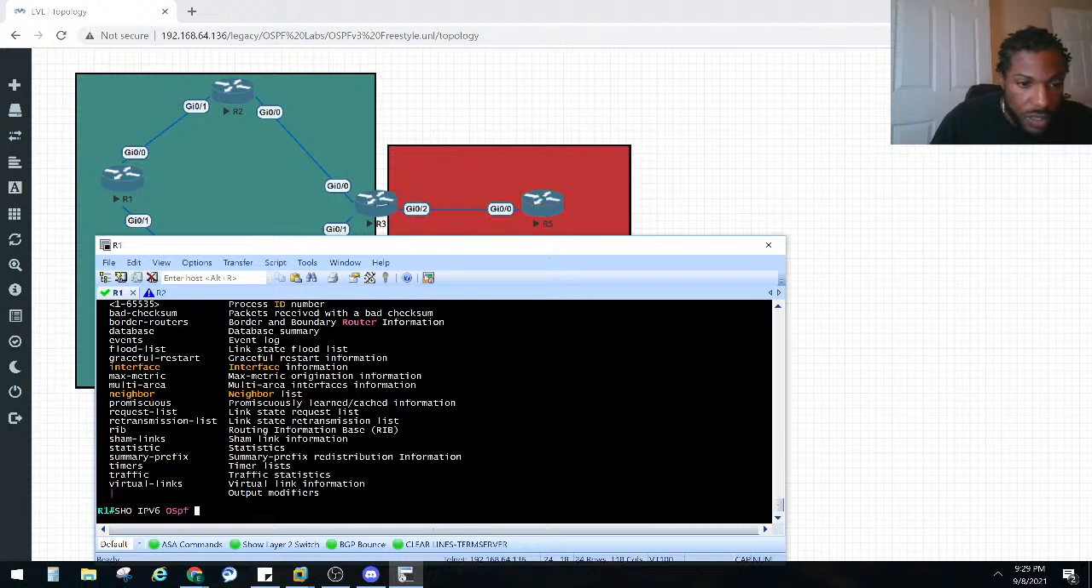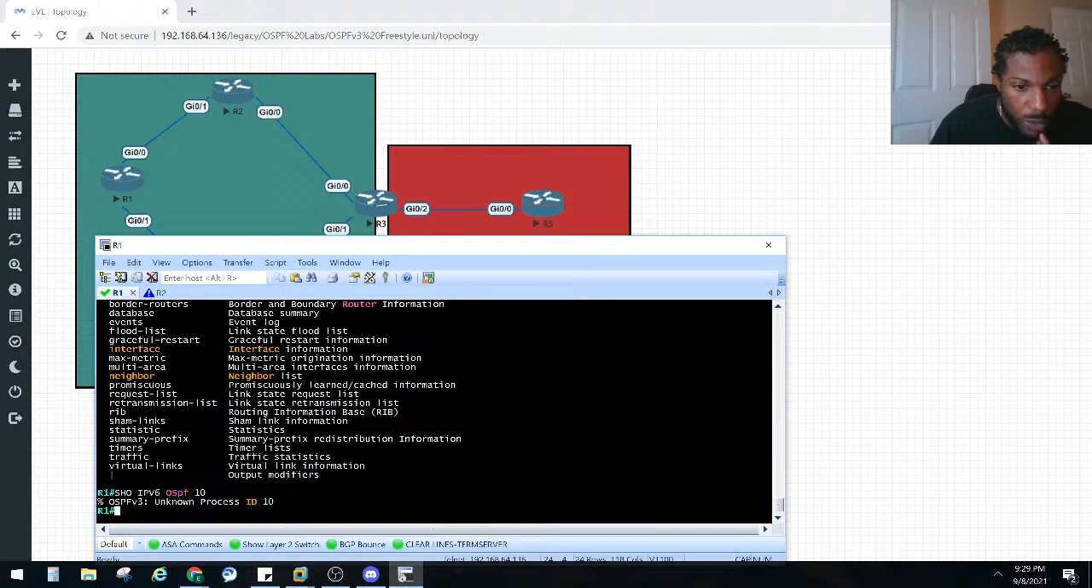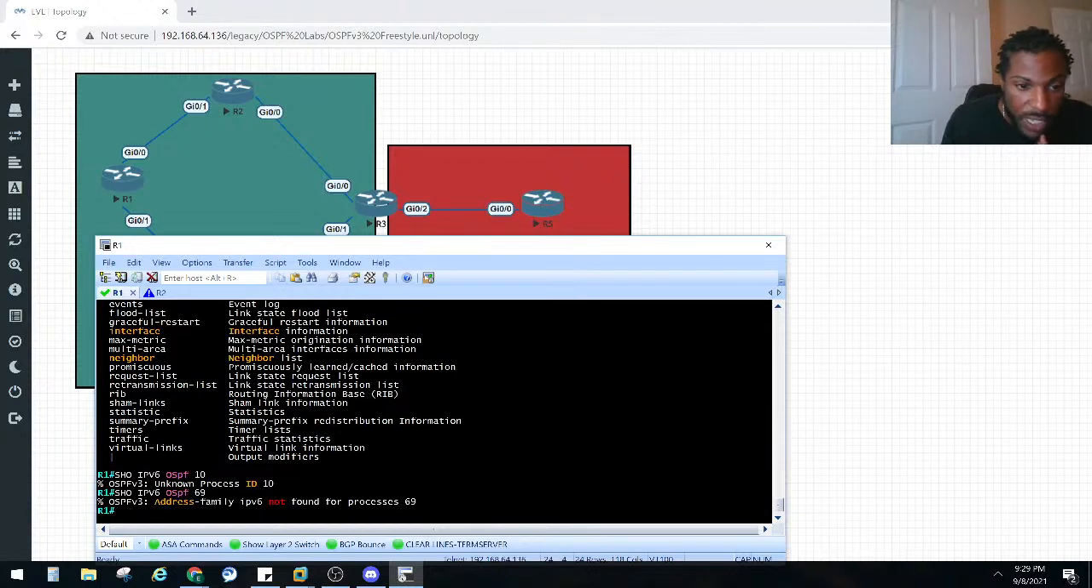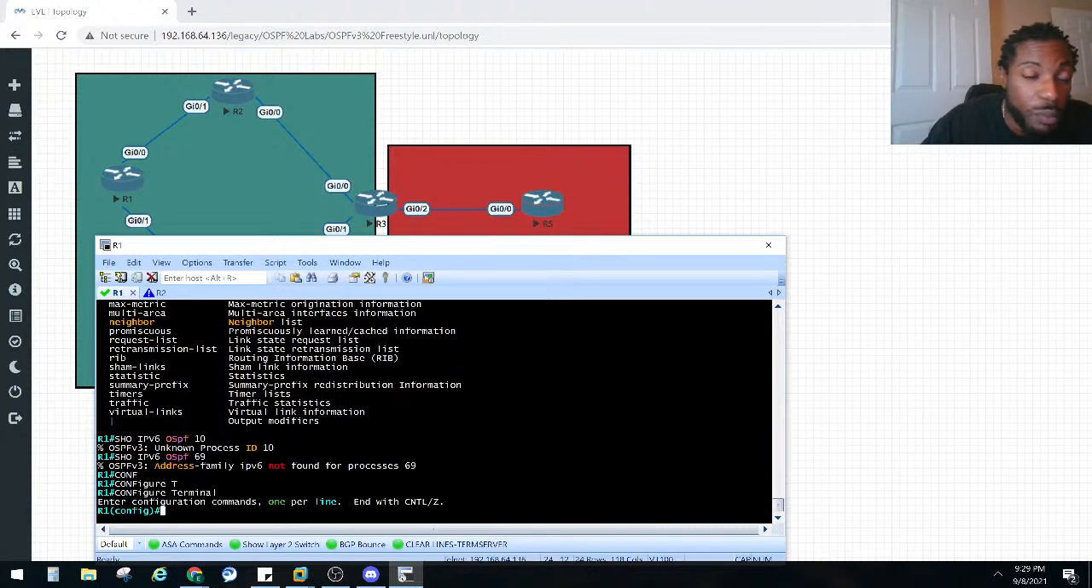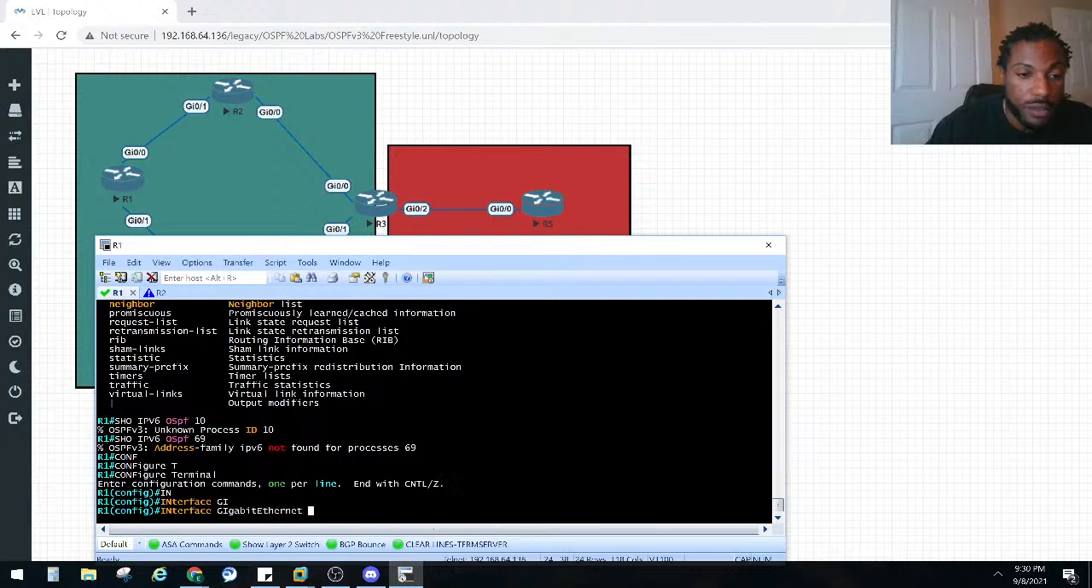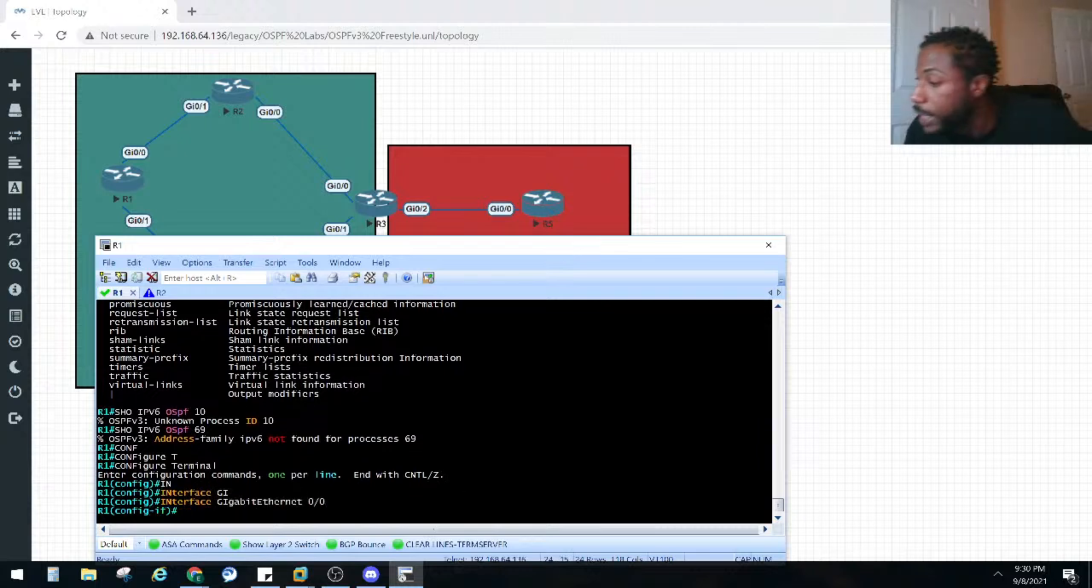Do 69. Address family not found for process 69. Maybe we have to turn on the address family like we did yesterday. Oh, we have to put an actual interface to do that. Okay, I see you. So let's go ahead and go to gig 0/0 and